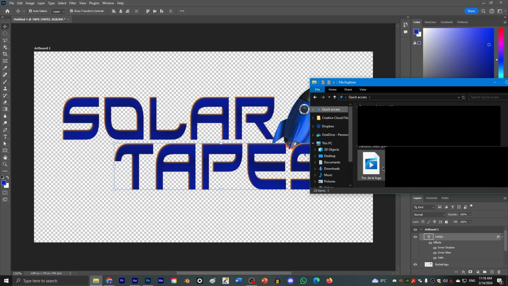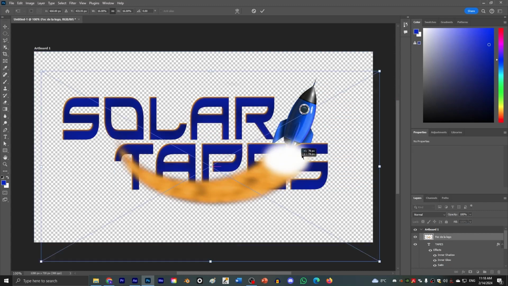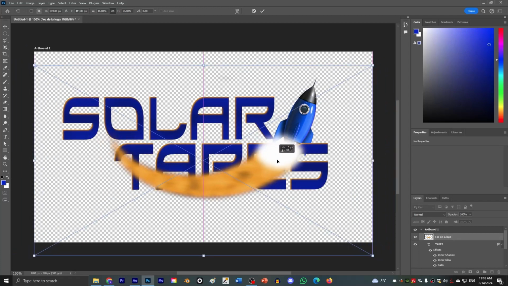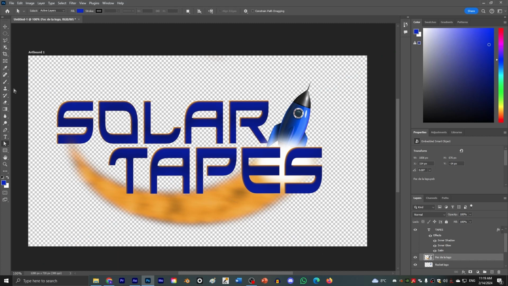After you render the image, you can drag it to Photoshop. See, it's just this thing. Be sure to edit in Photoshop a bit more everything you can to hide any imperfections.